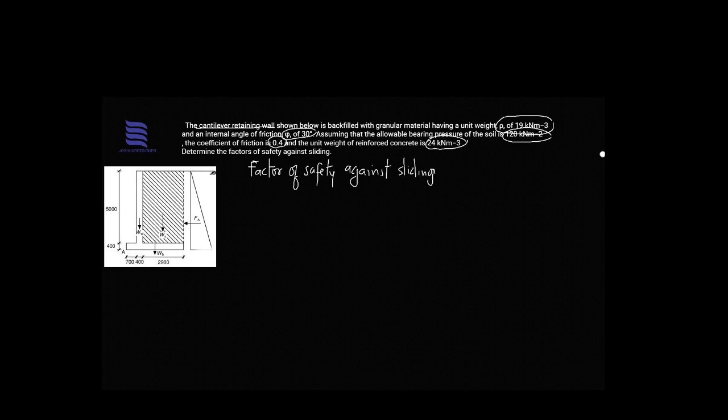So the first thing you need to know is that to achieve the factor of safety against sliding, the ratio of the restoring or resisting forces to that of the sliding forces should be greater than your factor of safety,